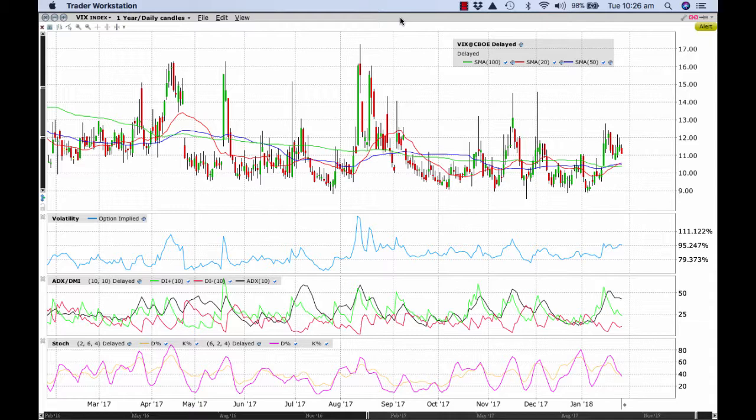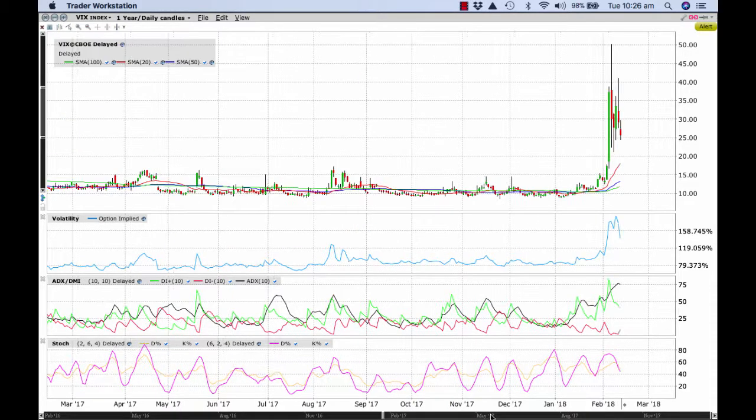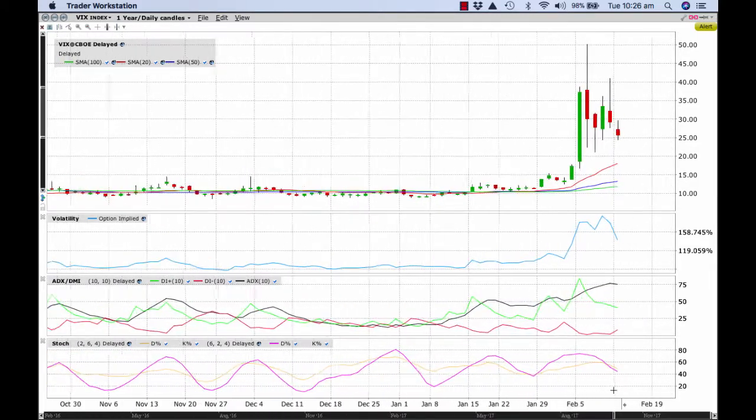So this is one of the approaches that we use the VIX for, is to identify whether or not the shorter term pullback that is occurring in the broader market has got any real investor sentiment picking up behind it. Now, if we scroll through, and I'm going to have to zoom in a little closer here to the market